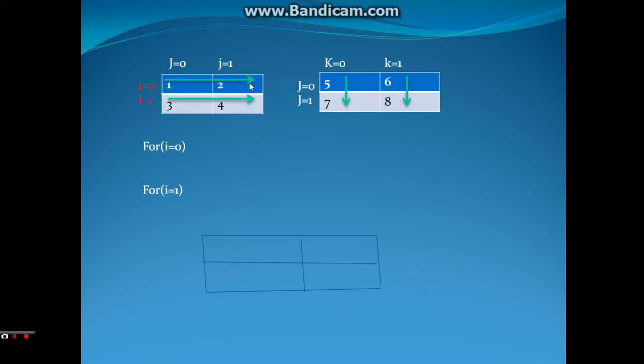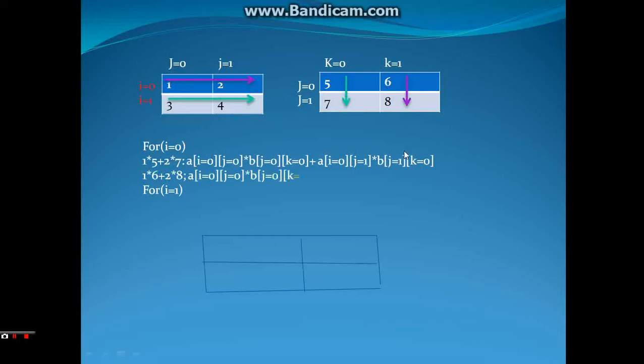Then 1 multiplied with this row, and multiplication takes place as 1 into 5, then added to 2 into 7, as this is i0, j0 and this is j0, k0, and same this is i0, 1, and this one, k is equal to 0 and j is equal to 1. And then next again it is multiplied with this and this, where this is 1 into 6 plus 2 into 8,